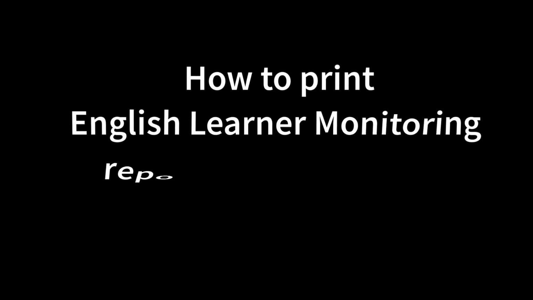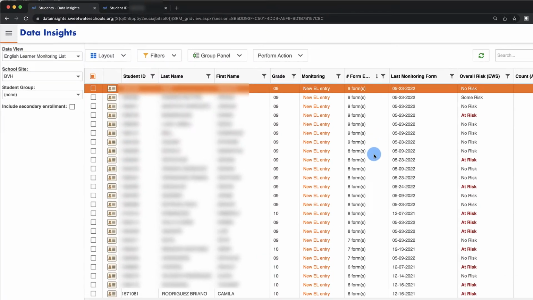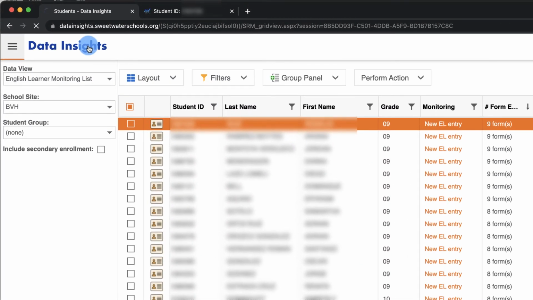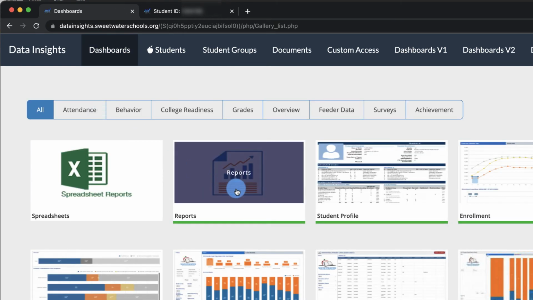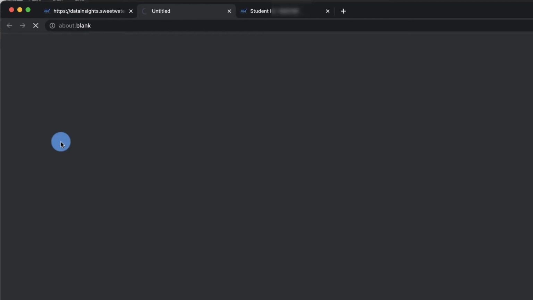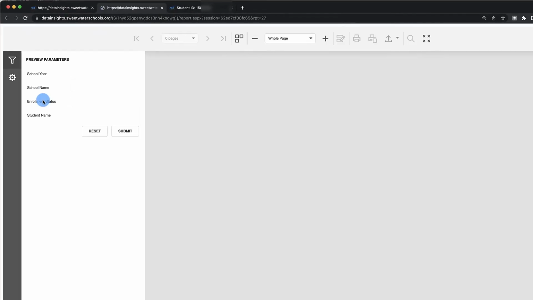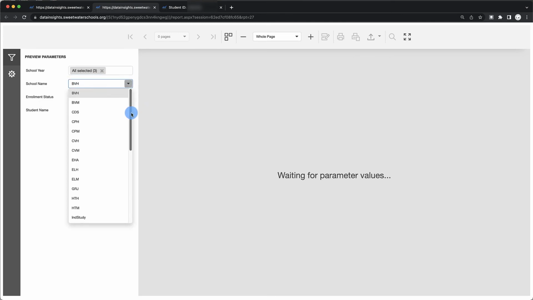How to print English Learner Monitoring reports in Data Insights. To do that, click on Data Insights, click on Dashboards, click on Reports, and click on English Learner Monitoring Summary Form. Once you click on the report, you will have 4 parameters: the school year, school name,